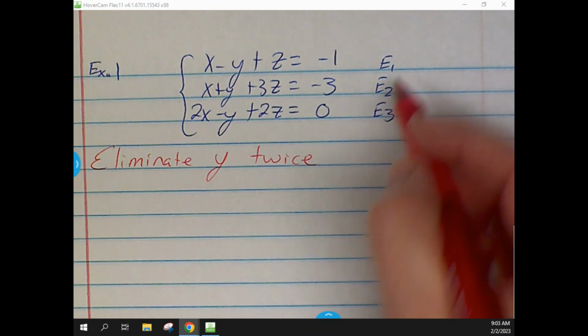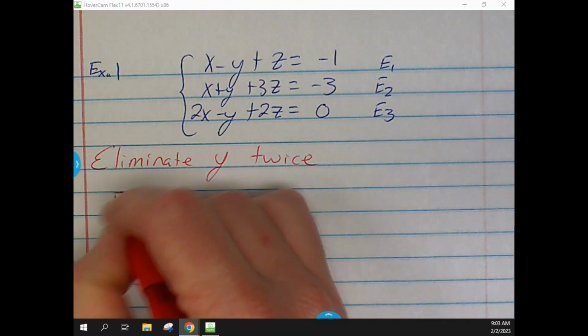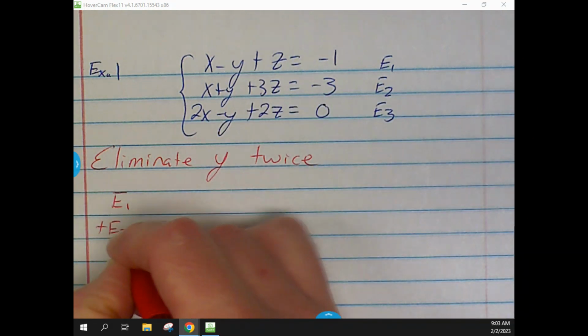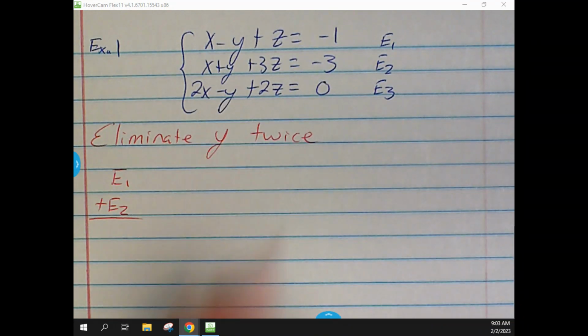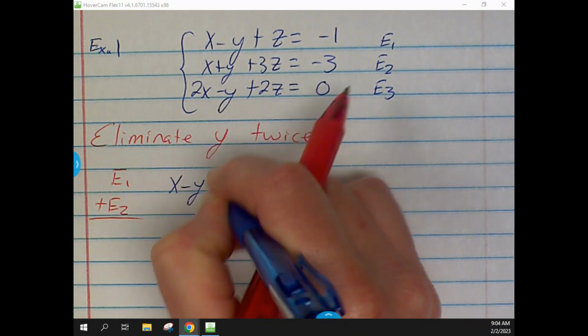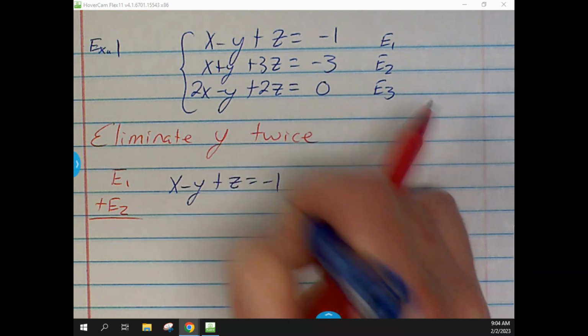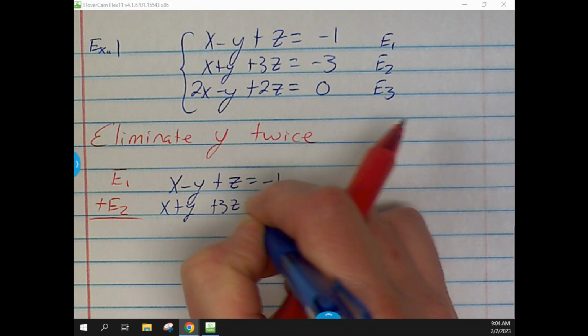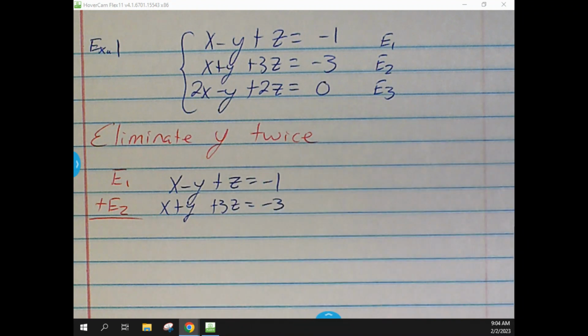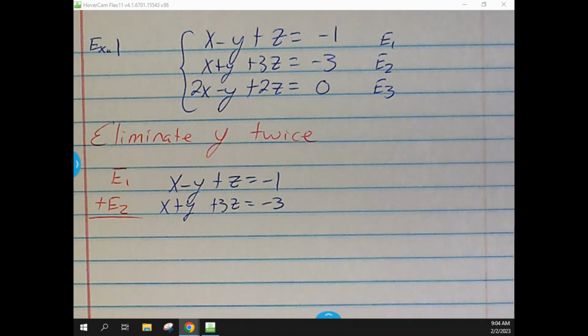Okay, so we're going to just go ahead and do equation 1 and equation 2. Because if we put those two things together, we've got x minus y plus z equals -1, and x plus y plus 3z equals -3. Okay. And when we go through this one,